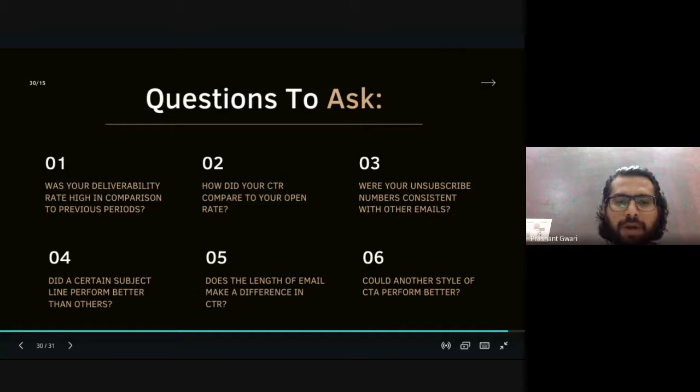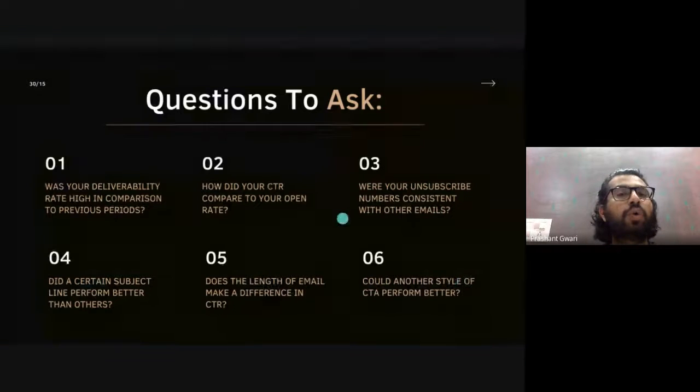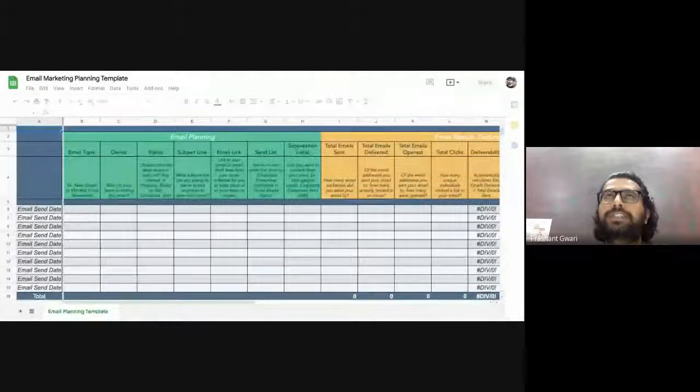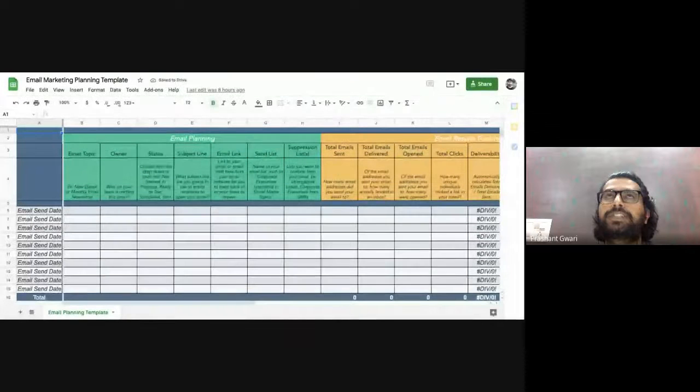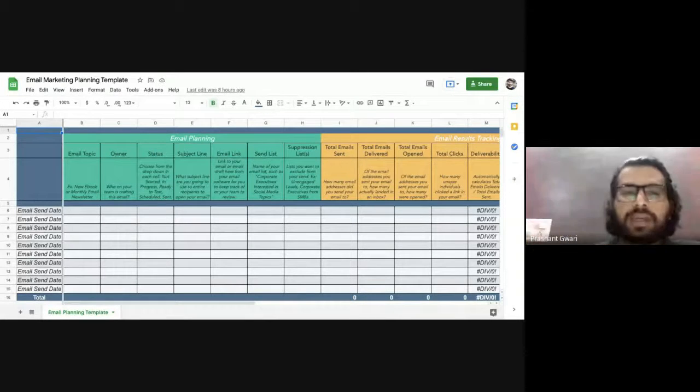One more thing you should know about email marketing campaigns is creating a spreadsheet of your campaigns, because all the data, information and KPIs you are collecting from different campaigns, you should note down, because that will tell you the exact result of your email marketing campaign. So this is a spreadsheet, or you can create it in Google Sheets or Excel. In this one, we have created an email marketing campaign template. So it will look like this.